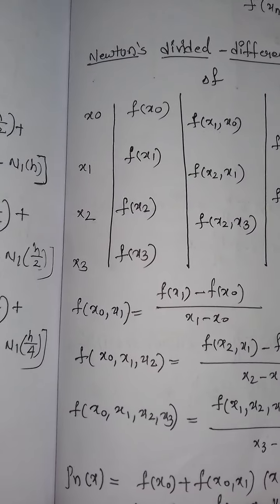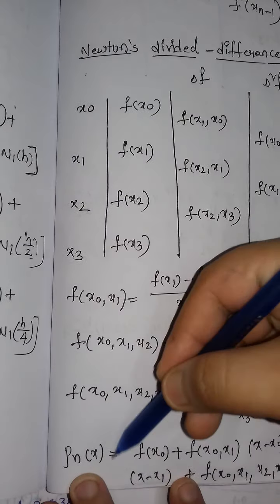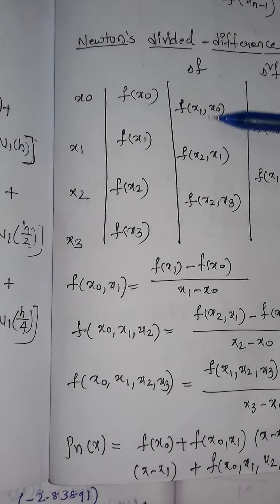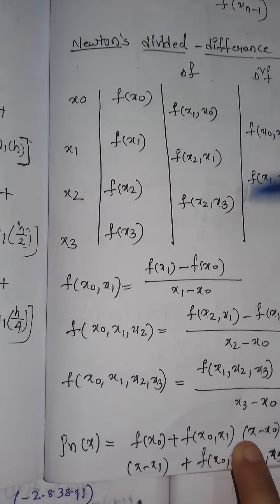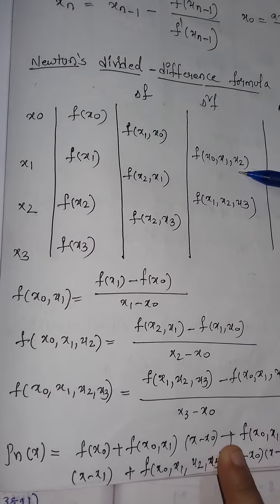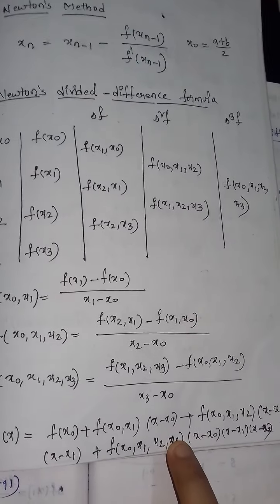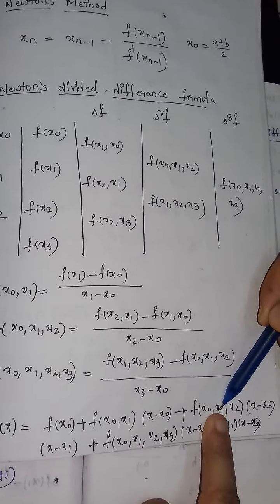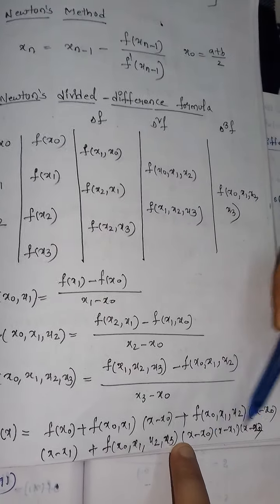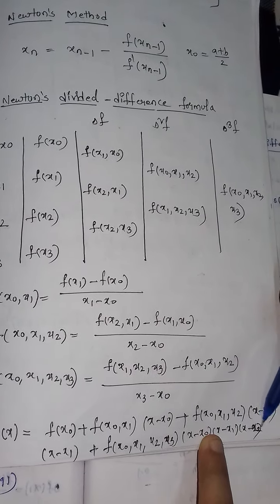Then for Newton's divided difference formula we need this one, that is p and x. For this, at the last we need to find this one only. For that you will take f of x0, then plus f of x0, x1, plus you will write here one extra value, that is x minus x0. Now here we will add again this one, then x minus x0, similarly same like this you will write here, and then here again we will add x minus x1. Now for this you will write the same into x minus x0, x minus x1, which we have added already, so again we will write here x minus x2.